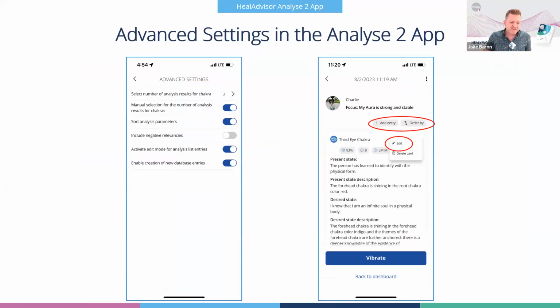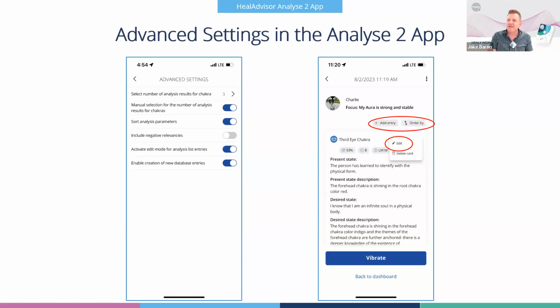And Ken, remember this? I think it came up this week on Tech Tip Tuesday, right? Someone asked about the ability to edit entries, and why is that not included in the free plan? For most people, the majority of members and customers that use the Analyze app don't ever touch these features. They're there, but for somebody brand new, it kind of adds to the complexity. Well, what is the benefit to sorting by this, or when would I want to add an entry, or when would I want to edit an entry?